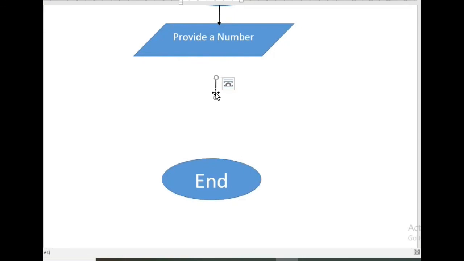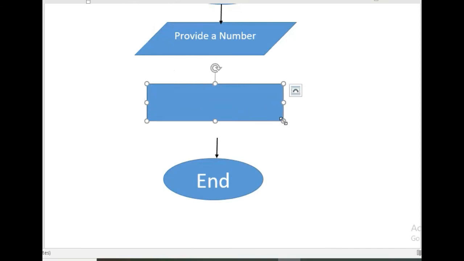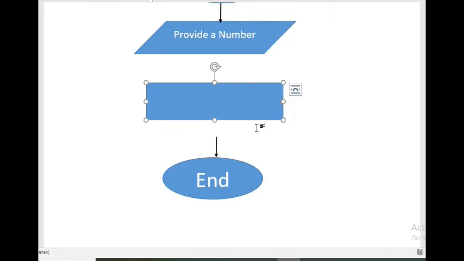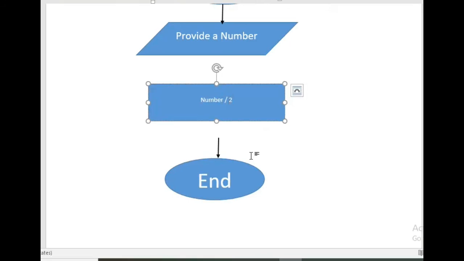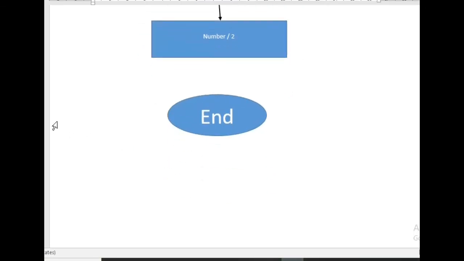So now I'm inserting a rectangle between these two. Now I have created this, and here the process, that is number divided by 2, and then there are two outcomes. One is when the remainder is 1, and one is when it is 0.